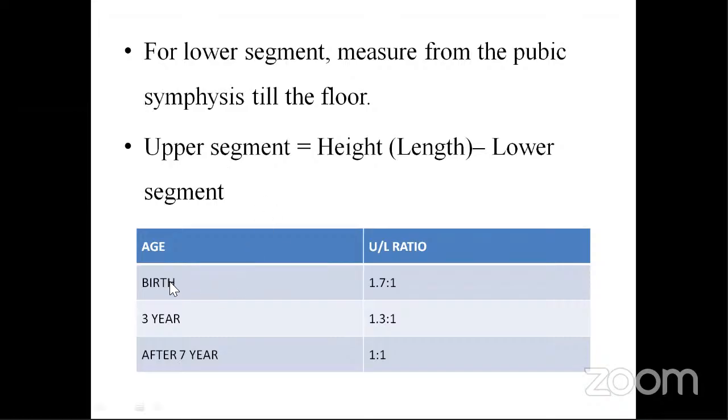The most important thing to remember is that at birth, the upper segment, lower segment ratio is 1.7 is to 1. By 3 years, it is 1.3 is to 1. After 7 years, it becomes 1 is to 1. Some books say after 9 years, but Nelson says it is after 7 years. The upper segment, lower segment ratio is 1 is to 1. This is important